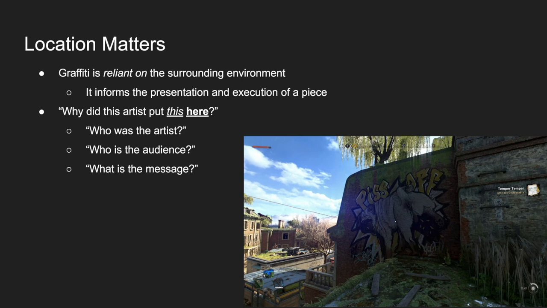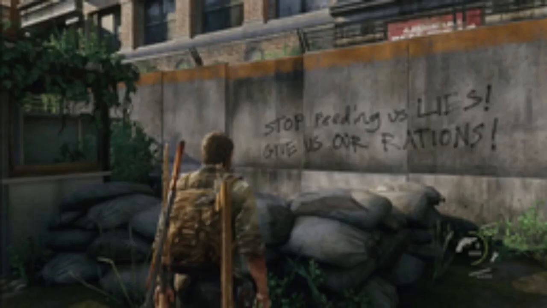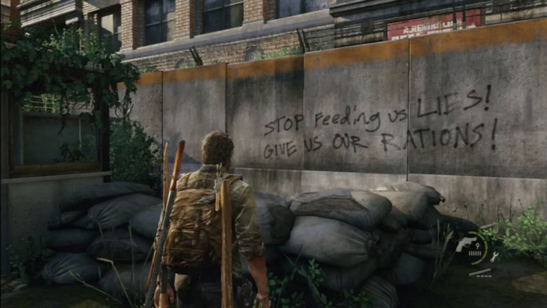Typically, we don't just put graffiti down where no one can see it. It's typically placed where people can see it, to send a message to a person. And on that note, what is the message? What is this artist trying to say to someone? A lot of this is down to the level artist and level designer to consider the story of the space and judge whether or not the context makes sense for a logical placement. So we'll get into some examples here.